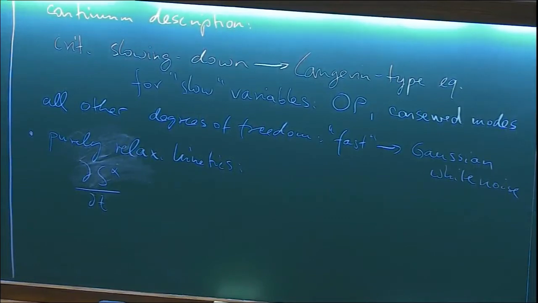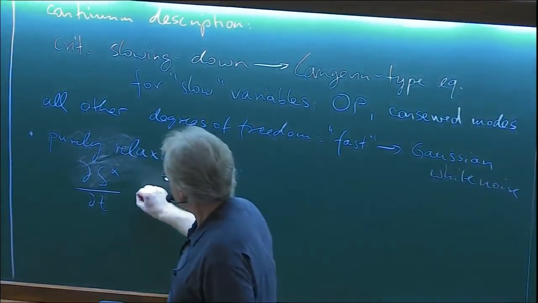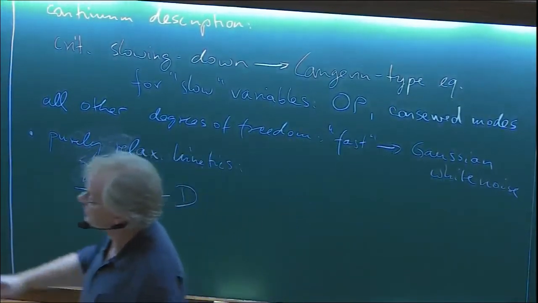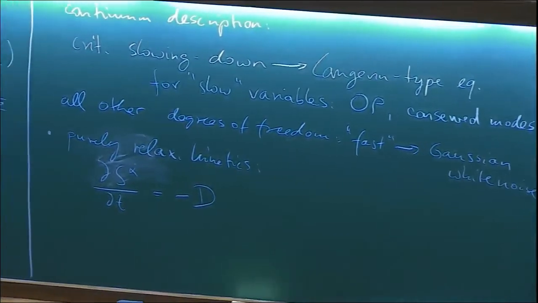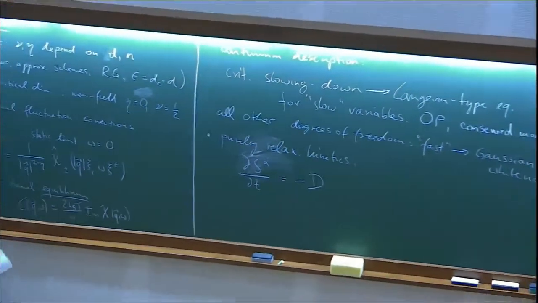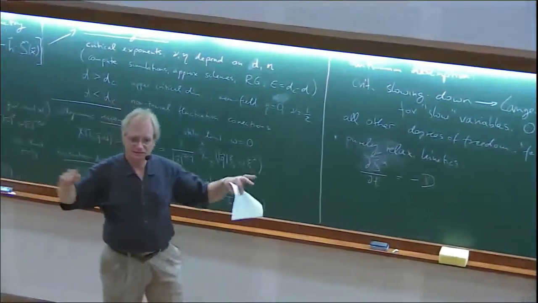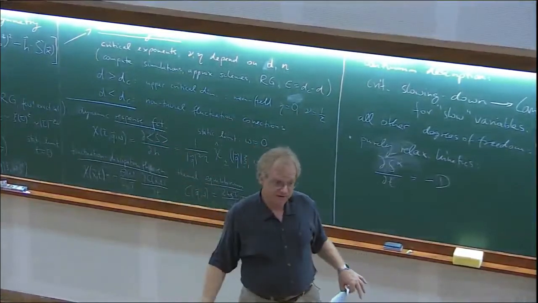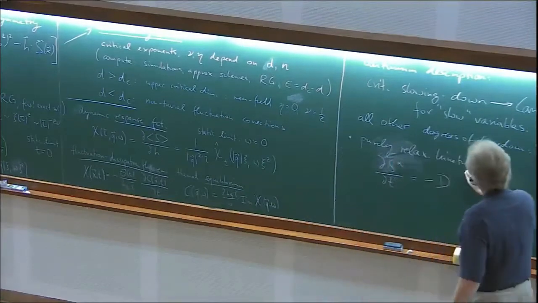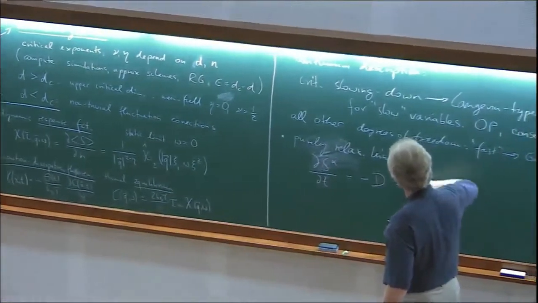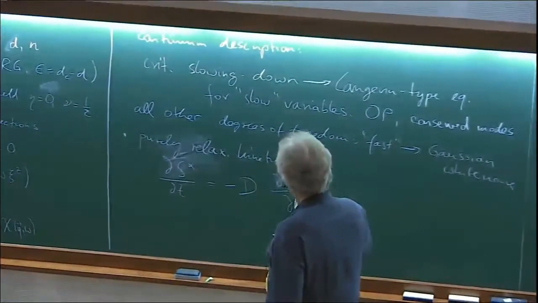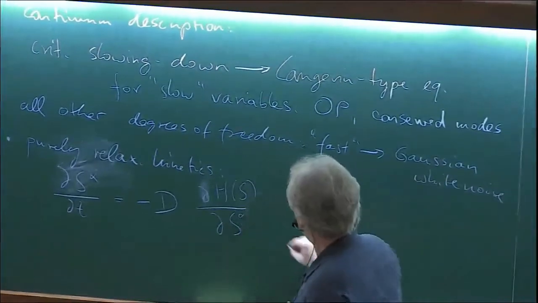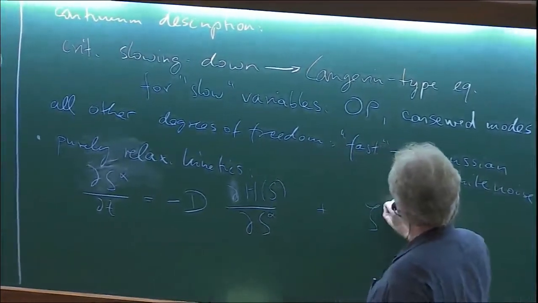So if it's going to relax back, I'm just going to write down a relaxation equation. So there is a relaxation rate I'm going to call D. And I'm going to use the pseudo-Hamiltonian as the potential that tells me how the order parameter is fluctuating. And so the order parameter is seeking out a minimum of this potential. If it's not in the minimum, it's going to relax back. So it's going to look like a force. Let me just first write this in this form. If this were just a function of S, it would just be dH by dS, alpha. And then I would add this Gaussian noise.